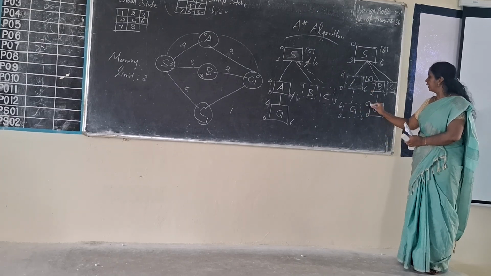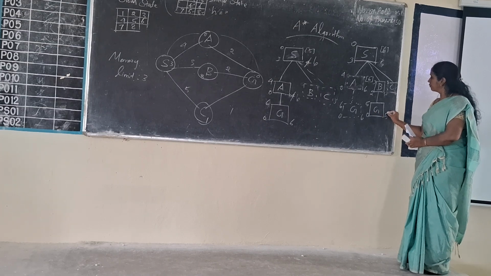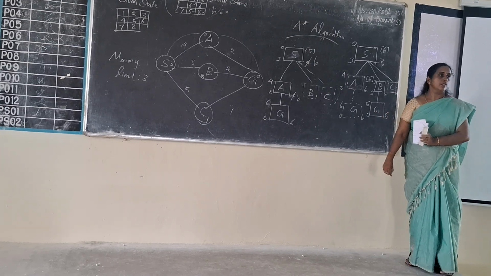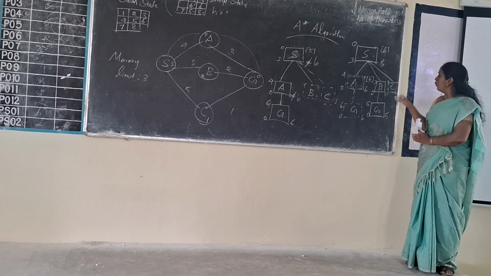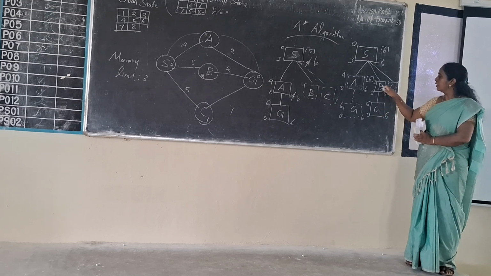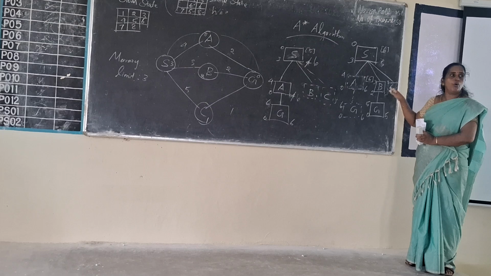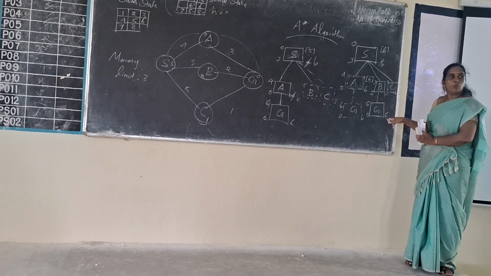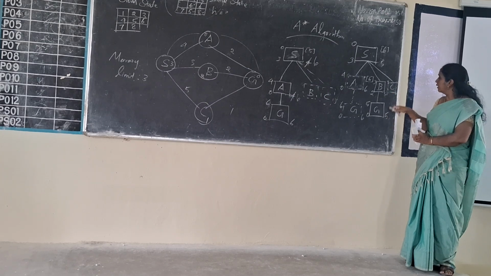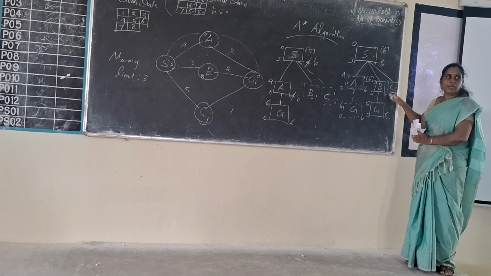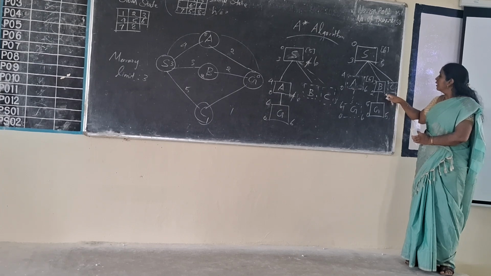So when you add these two, 5. Okay, now after exploring node B, you have to update the F value of node B. So in the children node, the F value is only 5. So same 5. Then in the F value